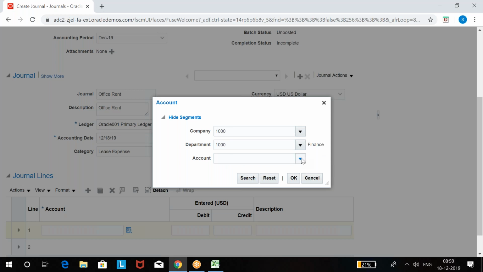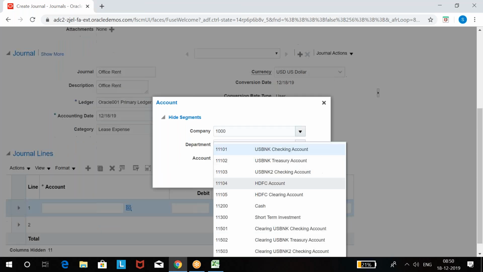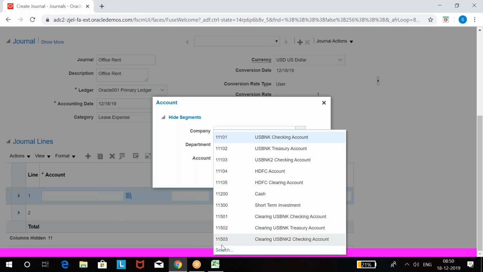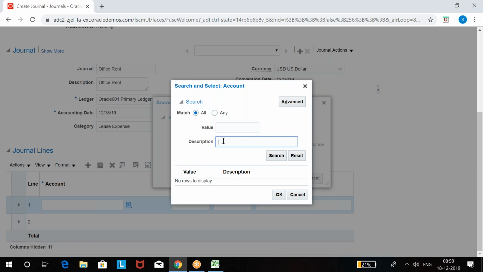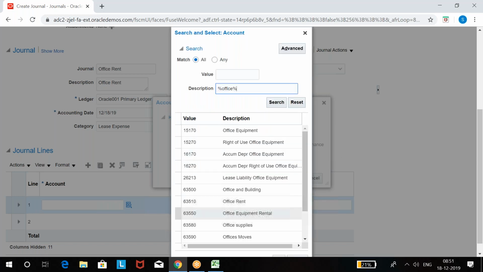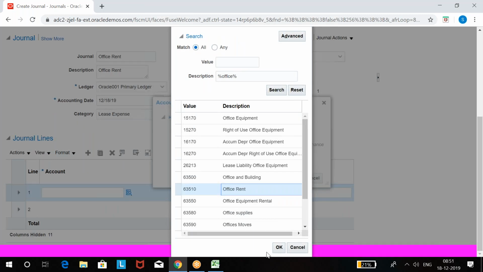The nature of the transaction is nothing but the account. So which account? Let's take office rent.